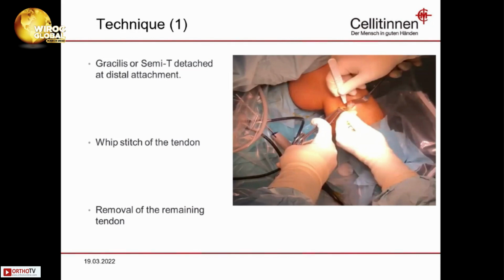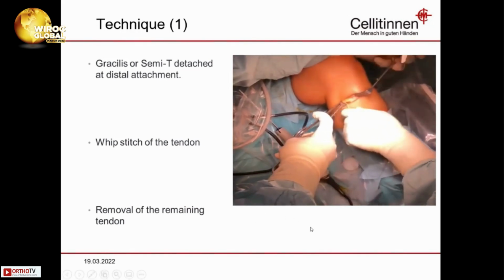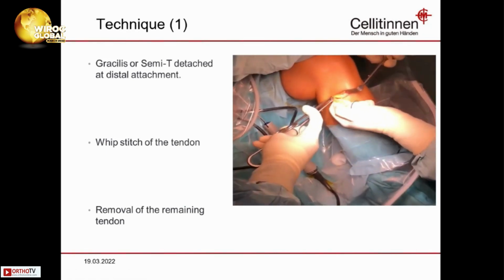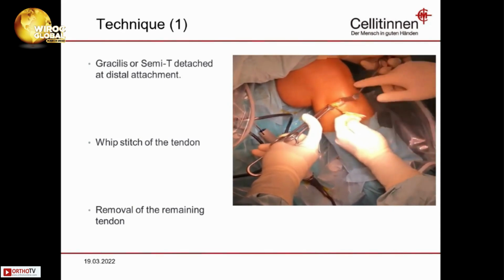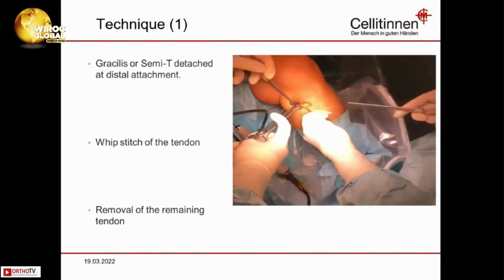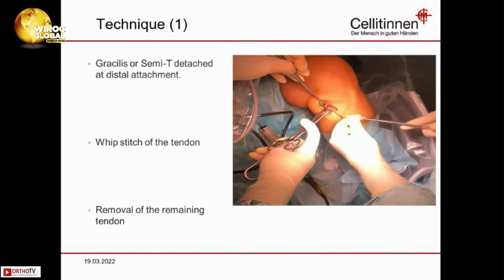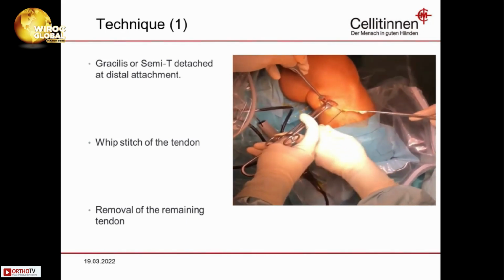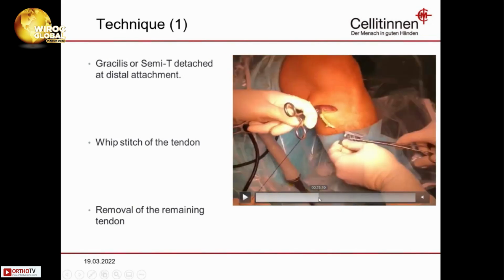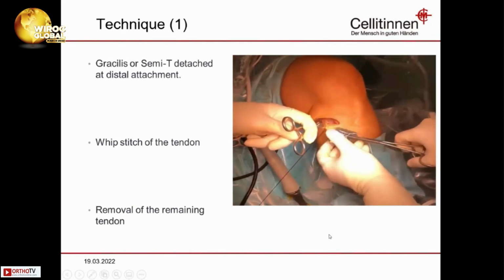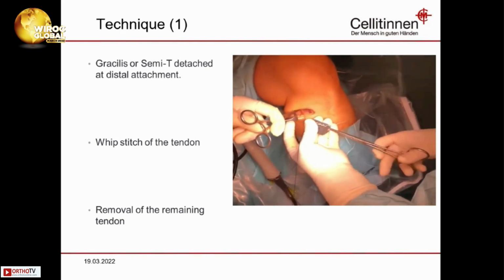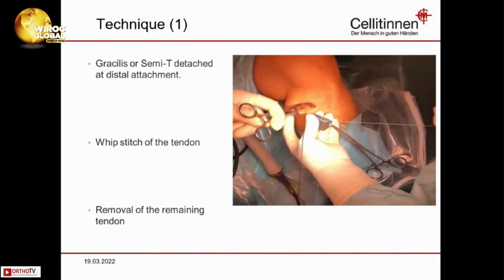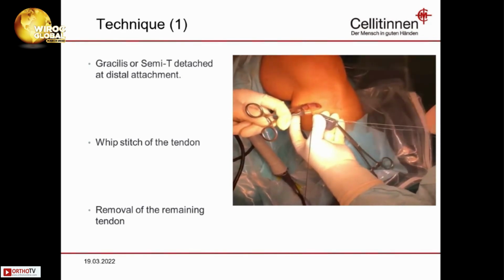The technique itself is quite simple. What we do, as you see here, is as we know from ACL surgery: we detach the gracilis tendon, or you can even use the semitendinosus tendon, but you detach the gracilis tendon at the distal attachment. Then we have to whip stitch the tendon. In my case, because I don't want to lose time, I use